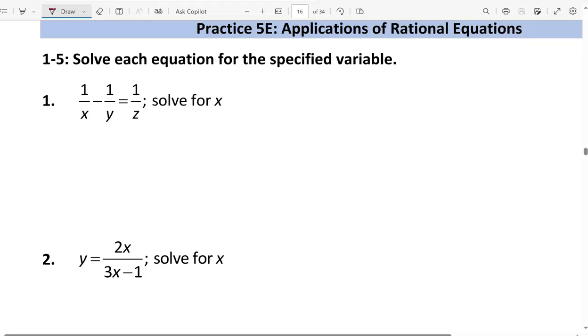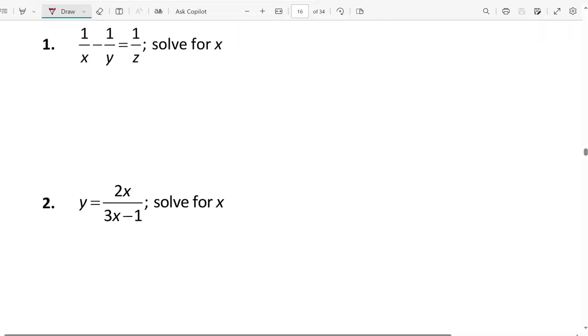This is a video walkthrough for Practice 5E. In 1 through 5, we're asked to solve each equation for the specified variable, but in each case, we have fractional expressions. So we're going to start for number 1 by clearing the fractions, or multiplying through by the LCD,